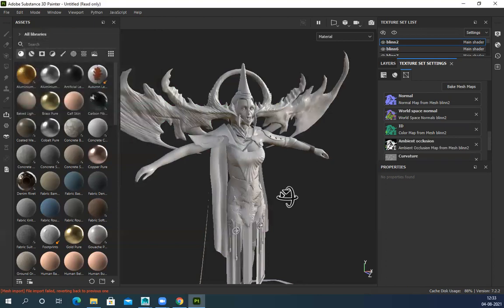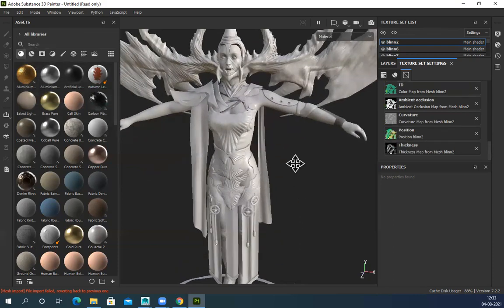Everything is baked. Now the rest of the maps are also generated. Now I can start texturing.